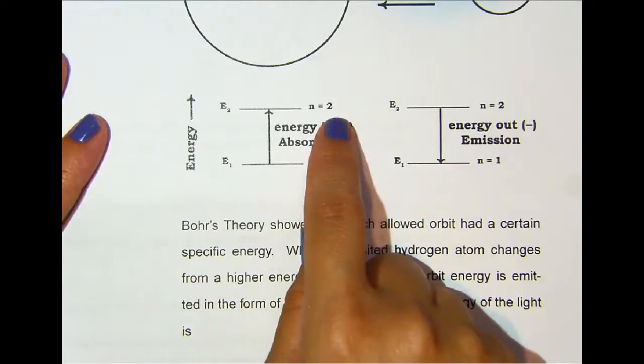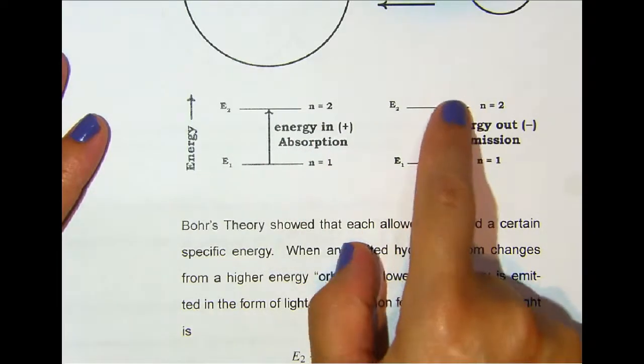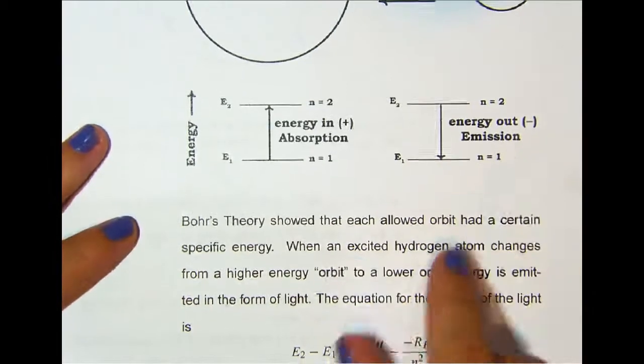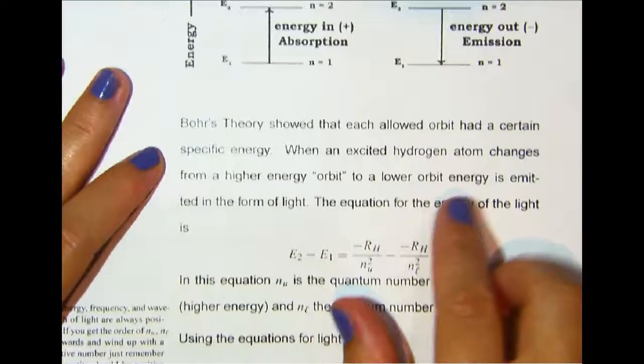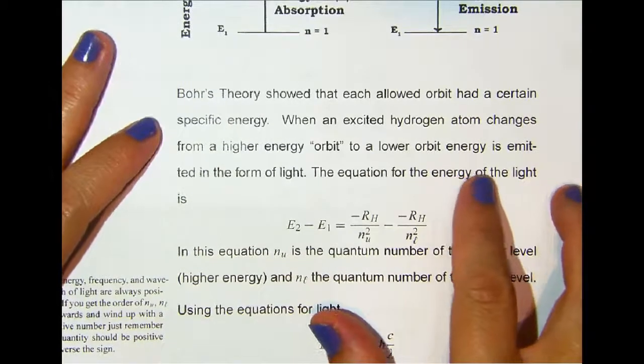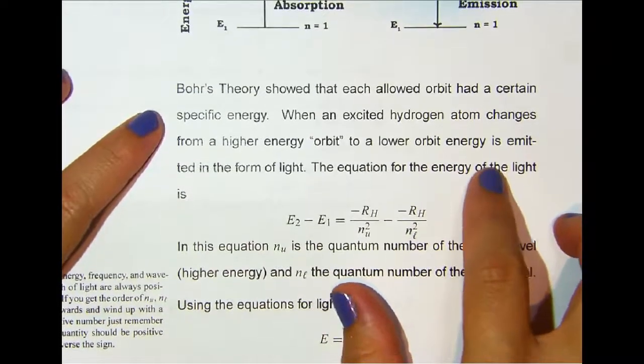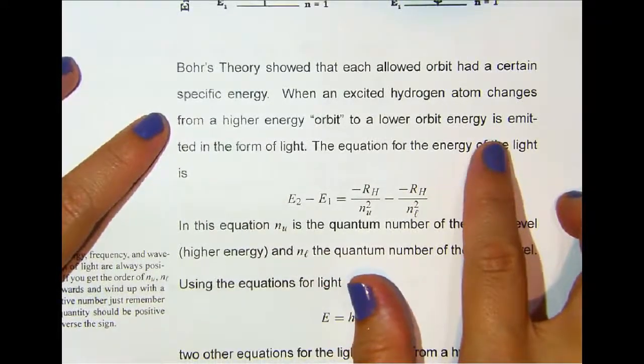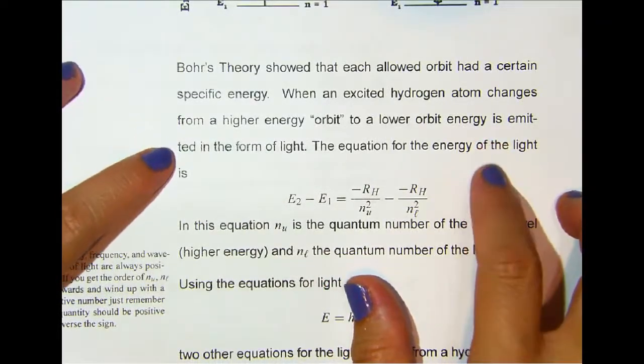N equals 1, n equals 2. And then if you want to move back down from n equals 2 to n equals 1, then energy out is going to be a negative, or emission. Bohr's theory showed that each allowed orbit had a certain specific energy. When an excited hydrogen atom changes from a higher energy orbit to a lower orbit, energy is emitted in the